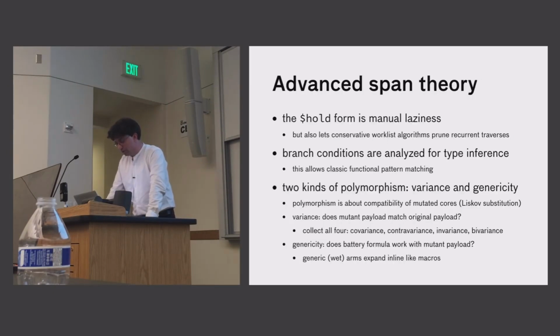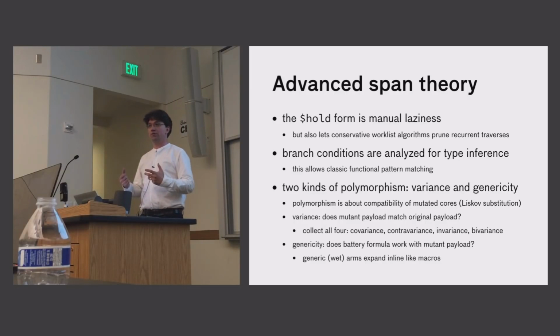Okay, here's some advanced theory. I'm going to go over this super quickly. So hold, again, is manual laziness. One of the nice things about it is that you can build a conservative work list algorithm. Let's say you're building a linked list, and you want to do a type comparison on two linked lists. This is a structural comparison. So you're saying, these could be totally different definitions of linked list. Do they match? So if you traverse this span,